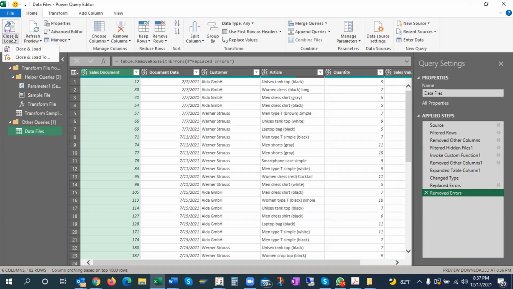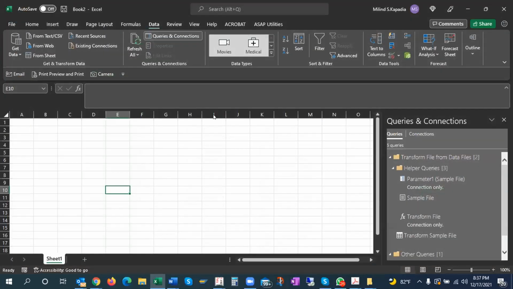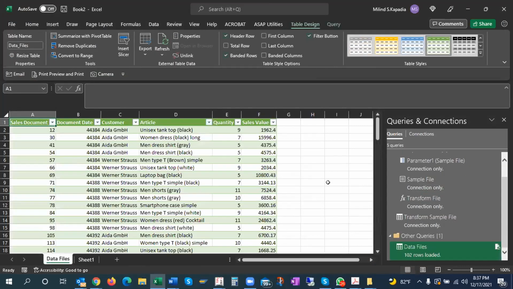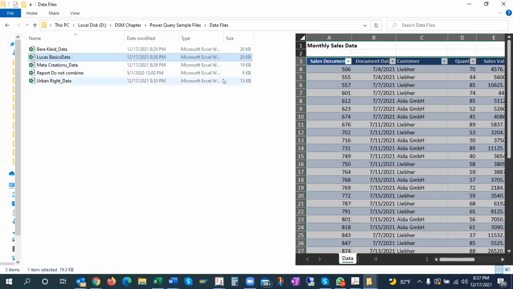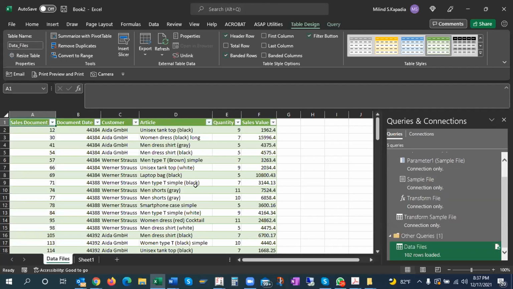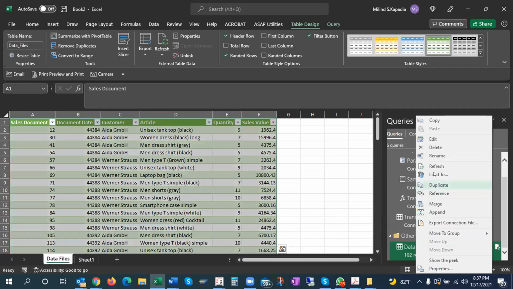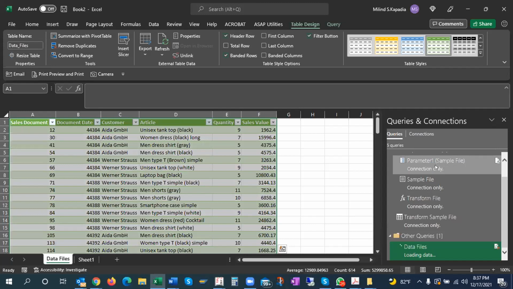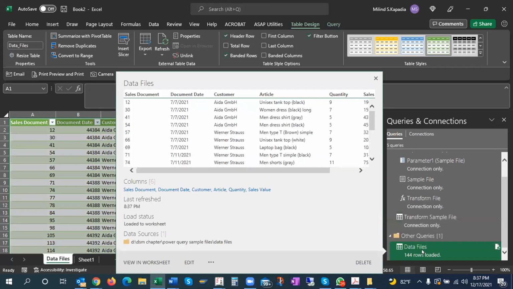Let me just load it to the sheet, then only it will be understood how many rows are there and how it has come. I have 102 rows now in this. So what I have done, I have gone here and I have said underscore data, and I refreshed the query here. Earlier it was 104, now it has become 144.